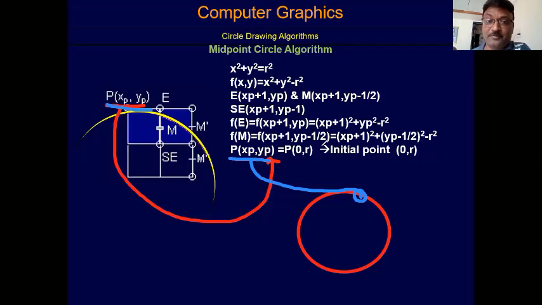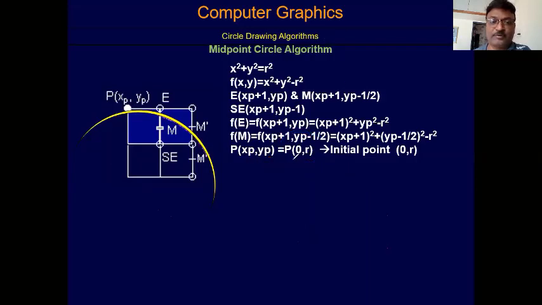So what is my input value? That is x and y, which is the center of the circle, and r is the radius. So this is my input value. From this I have to decide my initial point. This is my initial point P, and for the initial point I consider x as 0. That is the x value, I have put 0, and the y value r. So these are my initial points. That's how we start from this point. Suppose this is my initial point, so it must satisfy the equation of the circle.